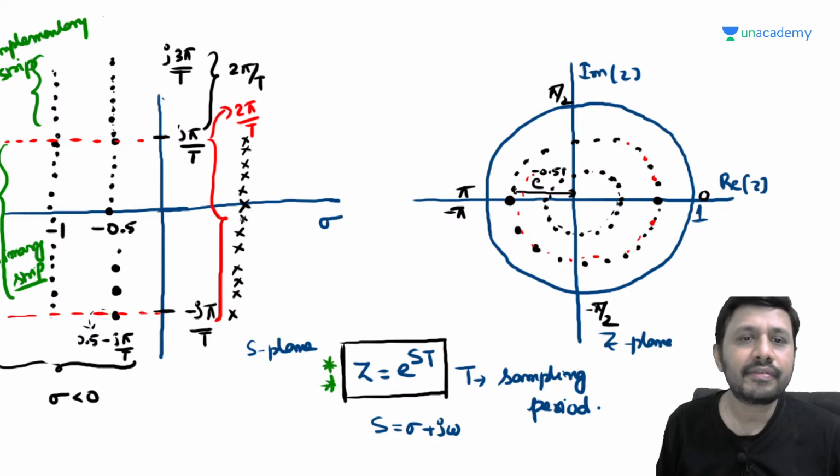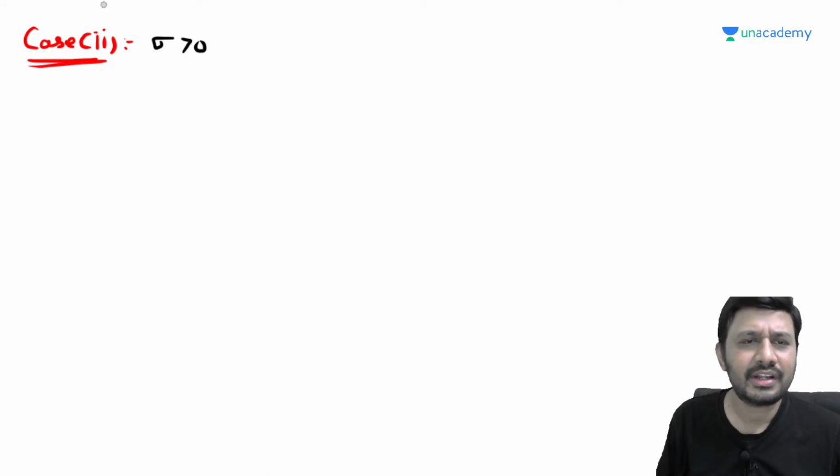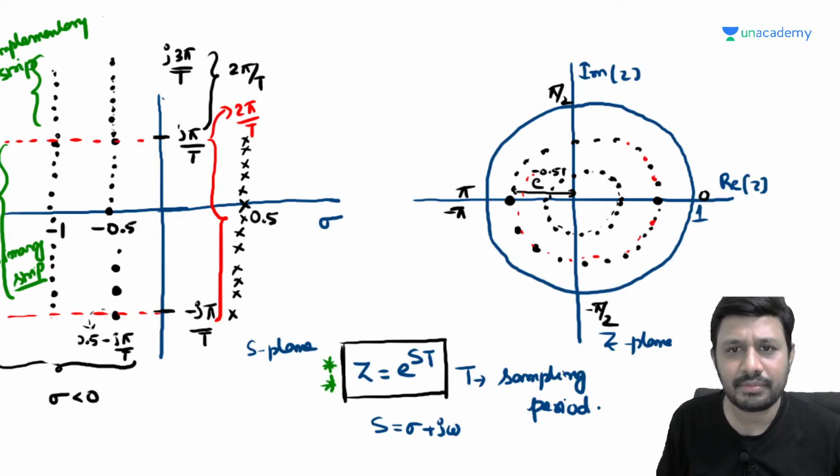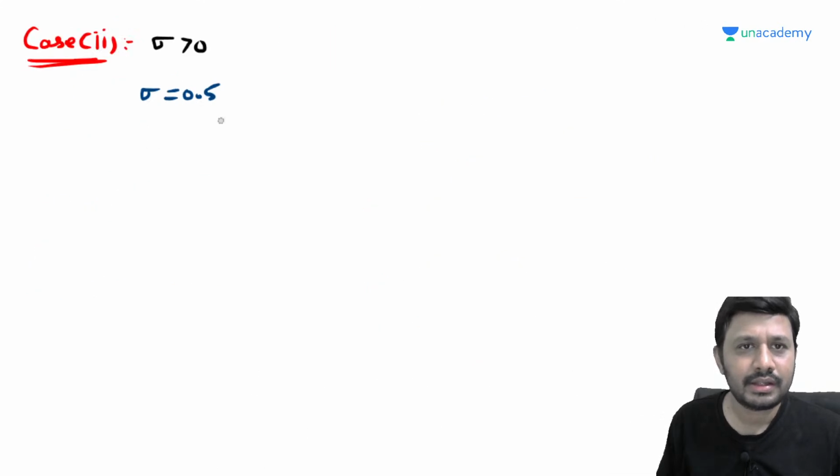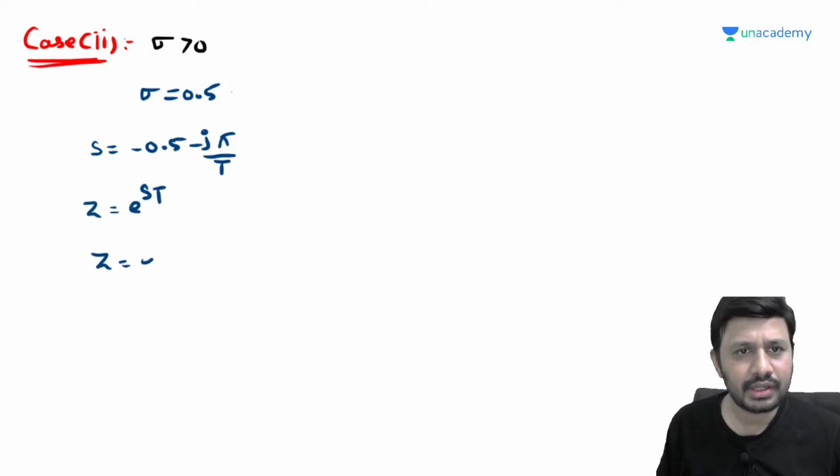Now, what happens if I take the values of sigma greater than 0? You can test also. Look here, sigma greater than 0, you take sigma value 0.5. Now you start from this location, from here, bottommost, minus j pi by t omega value. So s is equal to minus 0.5 minus j pi by t. Same procedure. z is equal to e power st is the relation. z is equal to e power minus 0.5 minus j pi by t